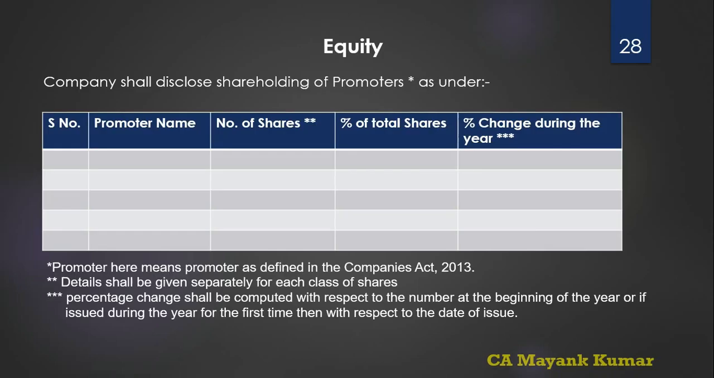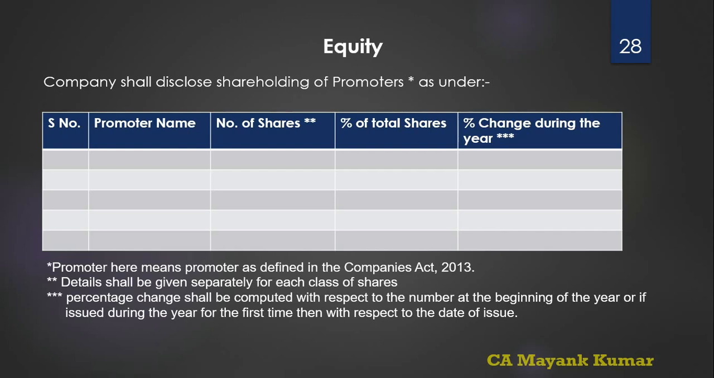Now let's come to the equity. We all know that we are reporting the list of the shareholders holding more than 5% in the company as on the balance sheet date and the previous reporting date. But now the amendment also requires the company to disclose the shareholding of the promoters and the changes made during the year. The catch is that this disclosure will be made